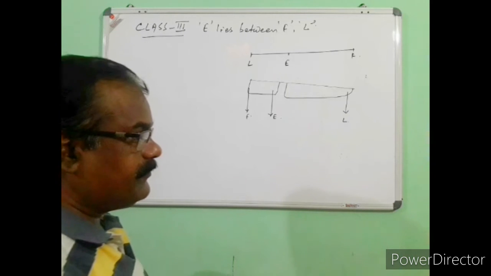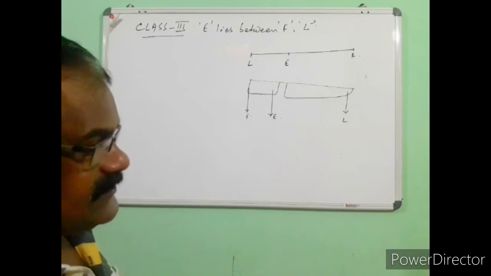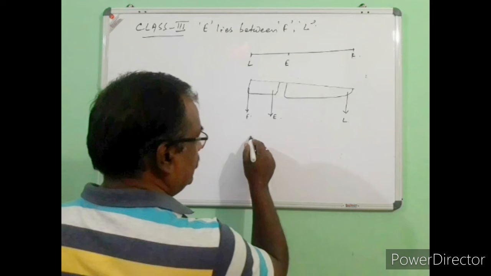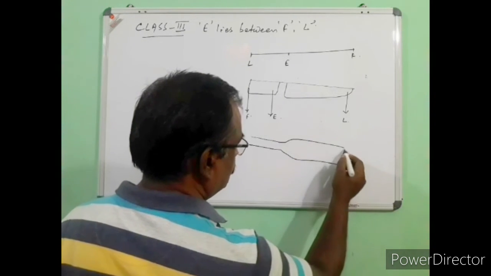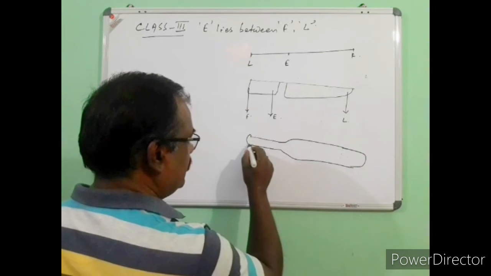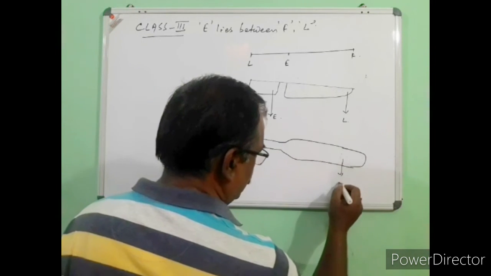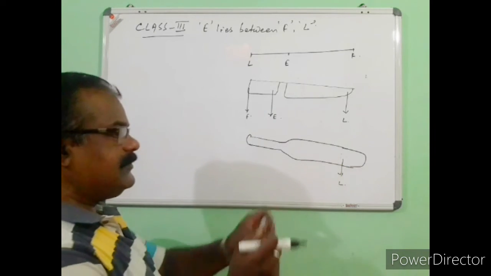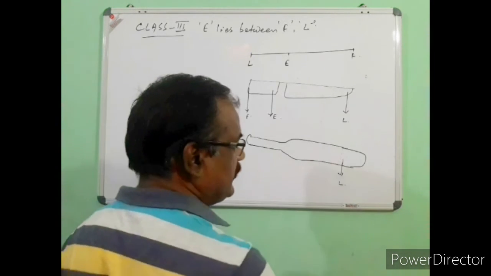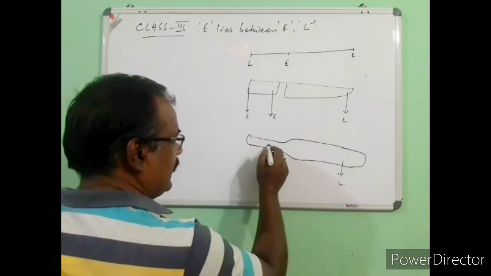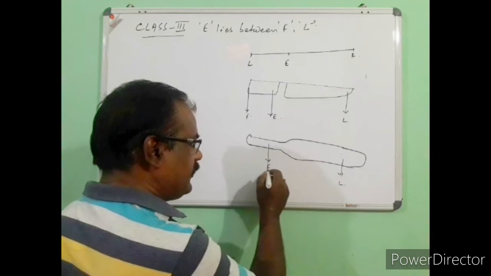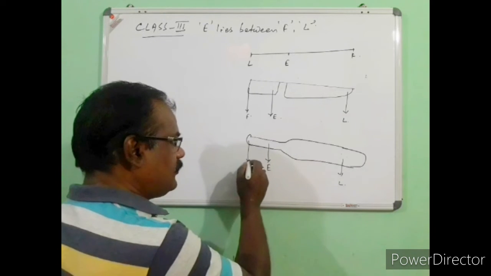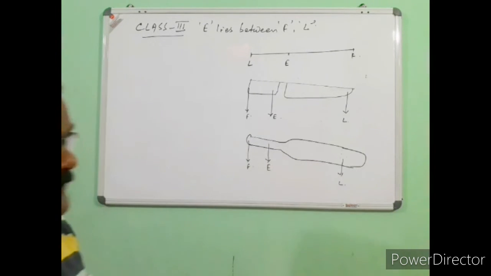Similarly, in case of a fishing rod, or similarly in case of a cricket bat also, remember that cricket bat is also a sort of class 3 lever. Suppose this is a cricket bat. In case of cricket bat, this is your load point. While we are striking with that bat, at that time somewhere else it is overcoming the resistive force, and the grip from where we are holding the handle, that is your effort. We are applying all sorts of effort here, and the fulcrum point will be here. So that is why this is also a class 3 lever.